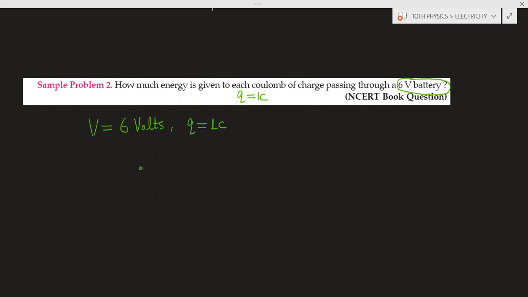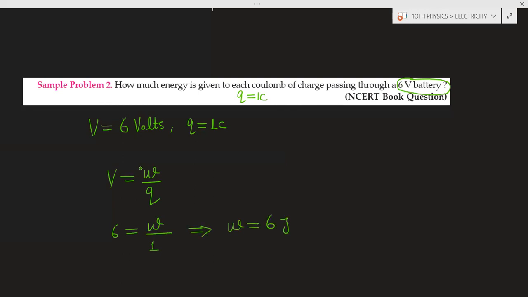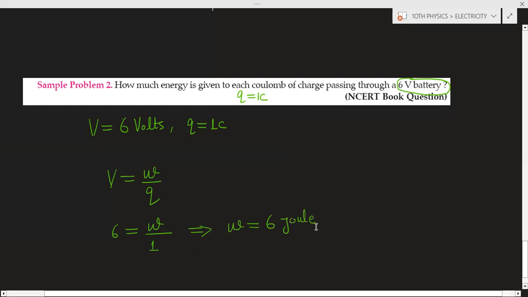First we will calculate the work. Because we have this formula: potential difference is equal to work done divided by charge. So potential difference is 6, charge is 1 coulomb. So work done is equal to 6 joule. Now talking about the energy, if there is a battery of 6 volt, and the charge is